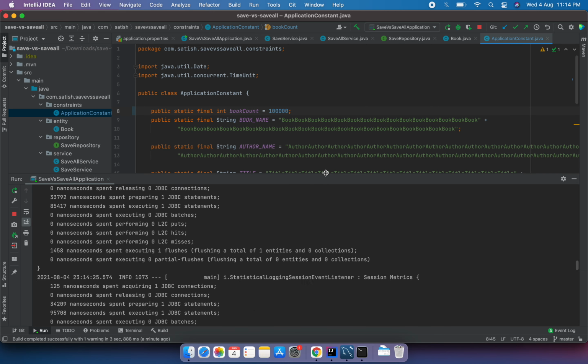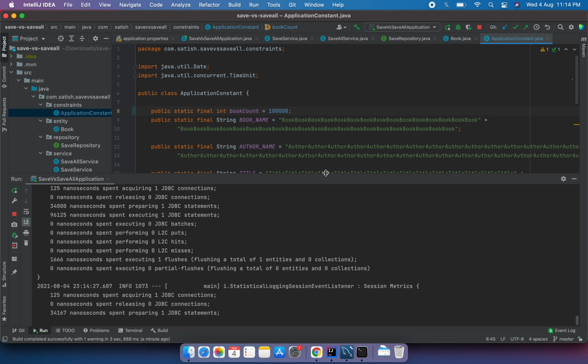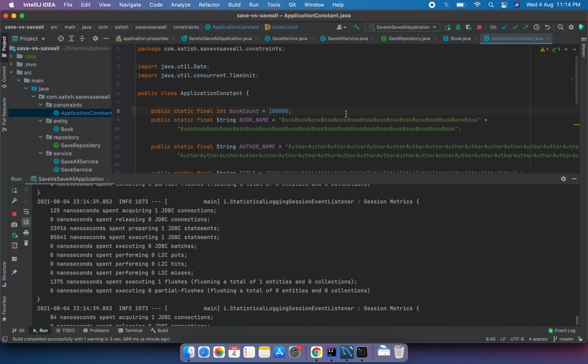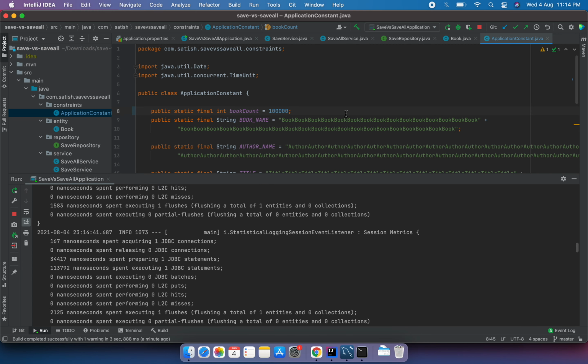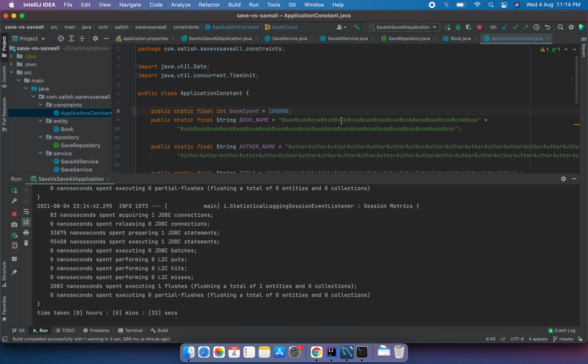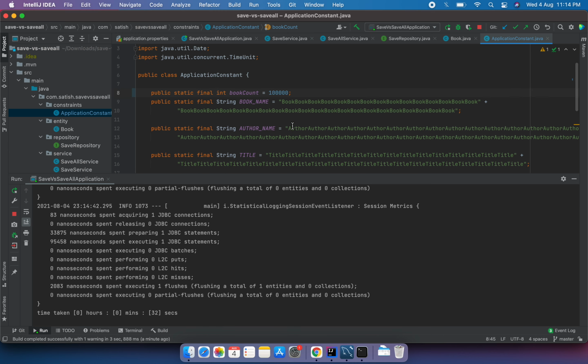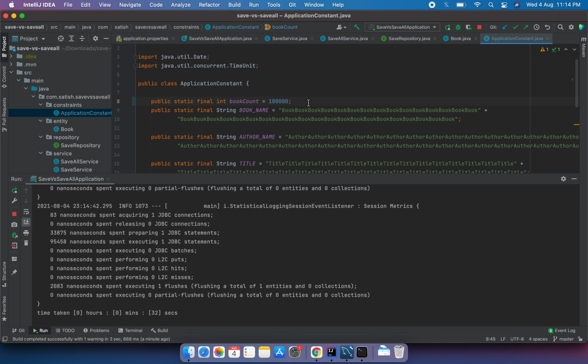This is actually not good practice to add 1 lakh documents using save, because each time it will create a connection to the database, set up a connection, release a connection, and that will also take some time. So obviously the performance of your application will be tested here as well. This is not the right practice, but for the example I am taking it.